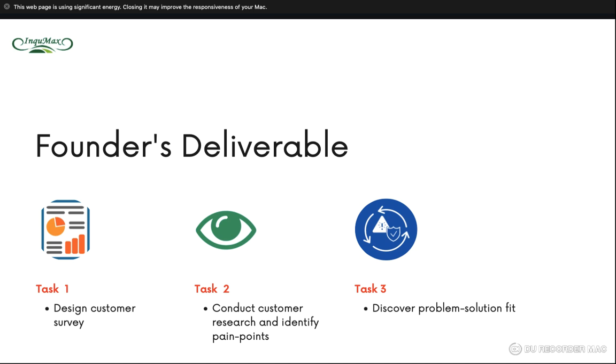So the final task, the end result of the whole thing, will be to see if within this week we can discover a problem solution fit. So create a focus group. Look for 10, 20, the more you can find, the better. Use these 10, 20 customers as your focus group, so you can gather any feedback, any insights, and keep growing that number.